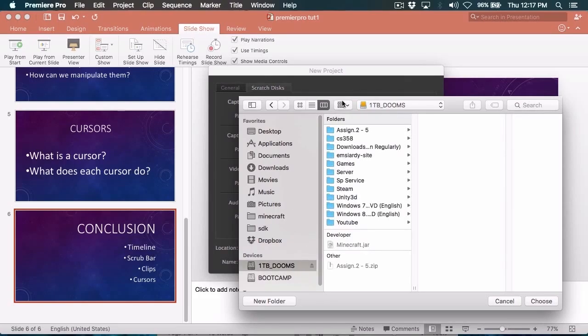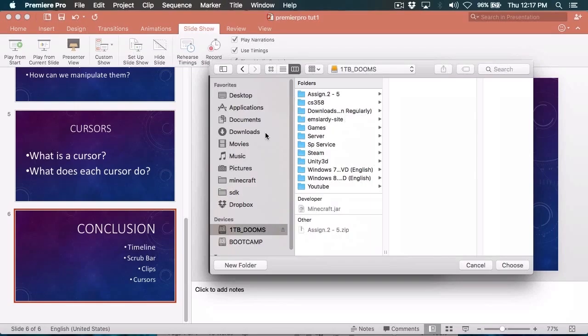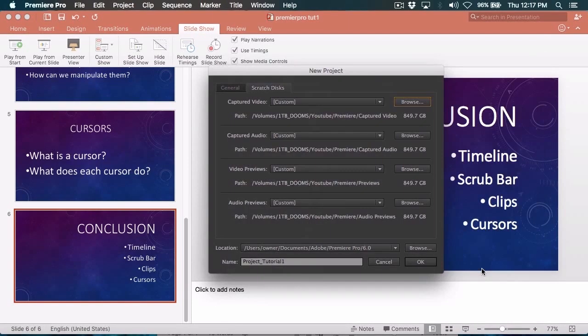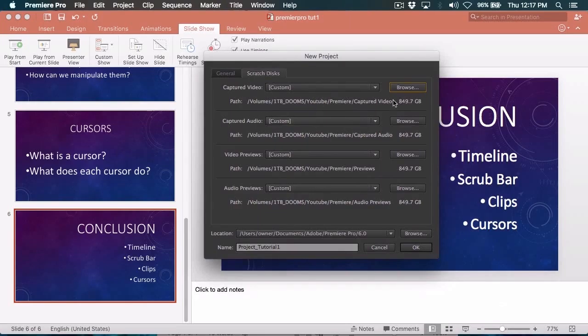Mine is right here, and you would make a new folder especially for Premiere Pro, and you would probably make another folder for data. I usually call it something like that. And then, see, I made mine YouTube Premiere captured video. That is basically just a vague term that I used for Premiere. You can name it however you like, but that's what I used. That's the terminology I used. So we're going to go back over to General,